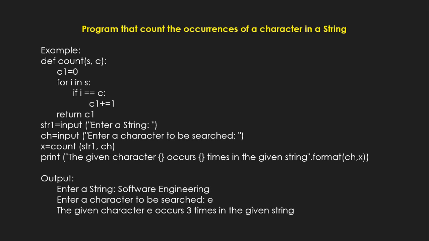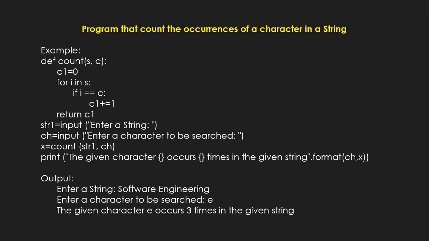You understand the logic of this program, and you're using a function subprogram by name count. Two arguments are given, str1 and ch. That is your calling statement, x is equal to count of. On top you are giving s and c. Actually there is a small clarification here. c1 is equal to 0, and c1 is going to count how many times that character is appearing in the string. The value of c1 is passed to x.